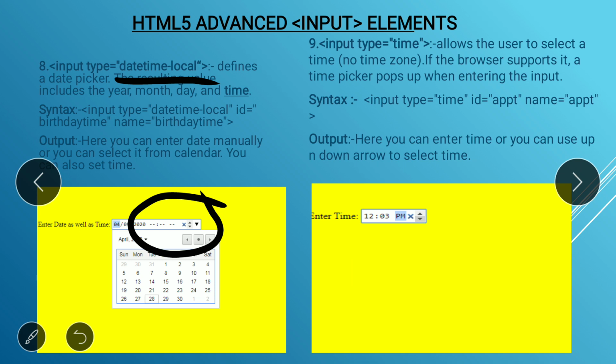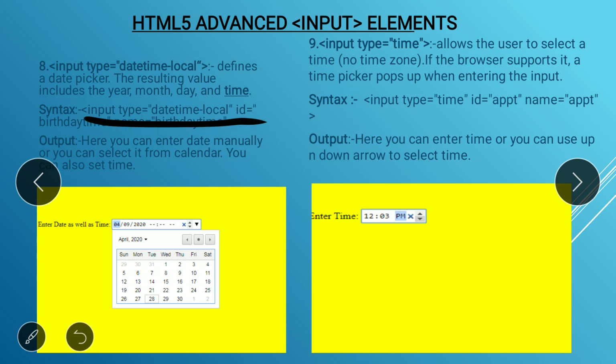Okay, that is the difference between the date control and the datetime-local control. So syntax, input type equal to datetime-local, and output, here you can enter the date manually, or you can select it from the calendar. You can also set the time.